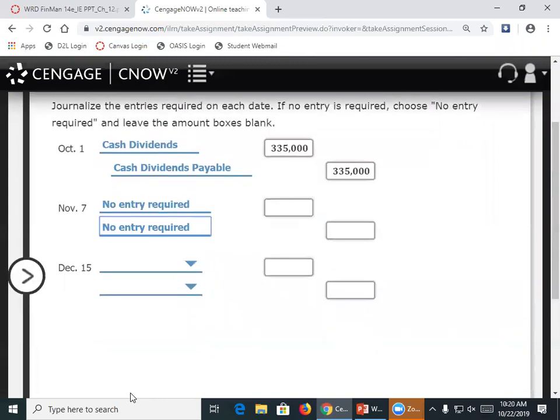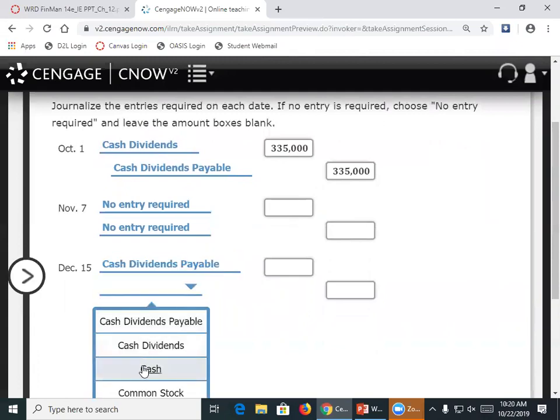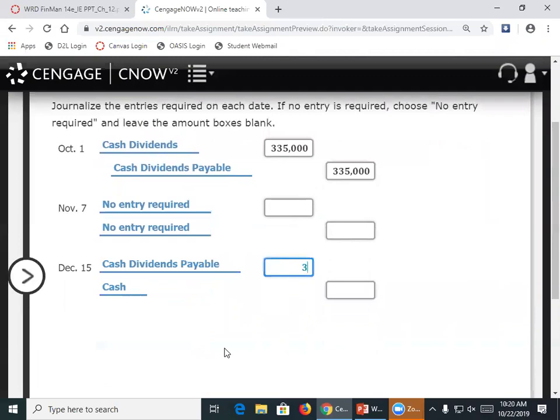December 15th is our date of payment. So what do I debit and credit there? Cash dividends, cash. Yeah, cash dividends payable. Make sure you do the payable account. And then we credit cash. So cash dividends payable gets debited because we're paying off that liability,